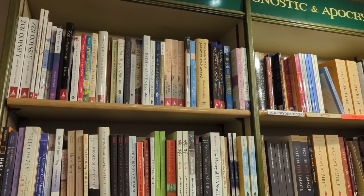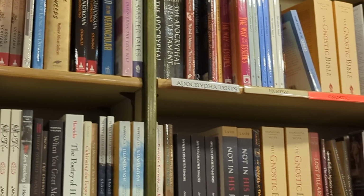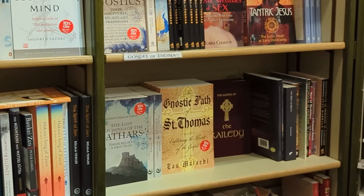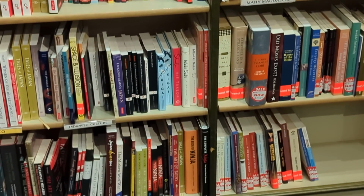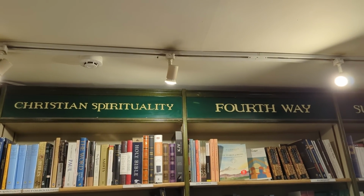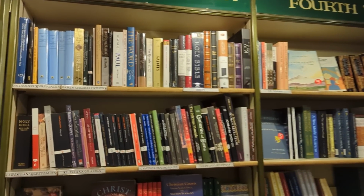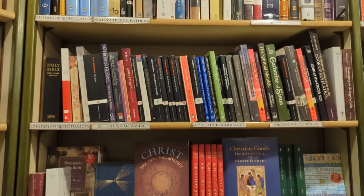Let me just see if I can maybe zoom in a little bit. Lovely, lovely stuff. Zoom back out, and we have Christian spirituality, Fourth Way, and then Sufism and Islam over there. Some really great titles here as well. Just, of course, naturally some lovely looking Bibles, but also